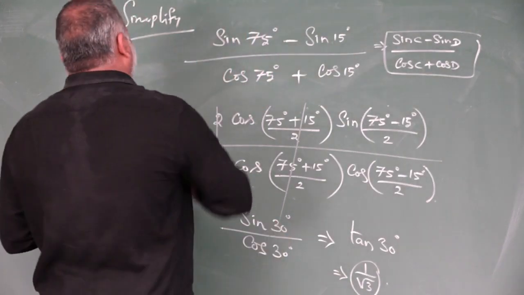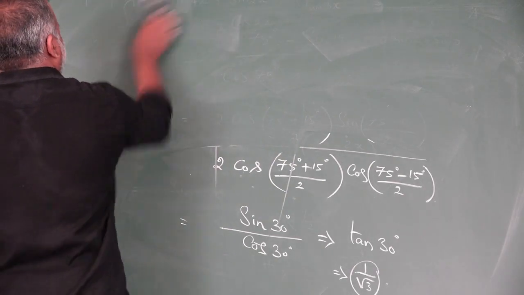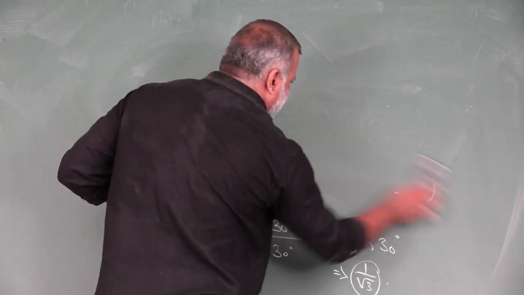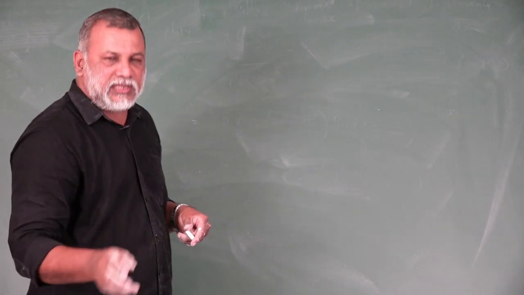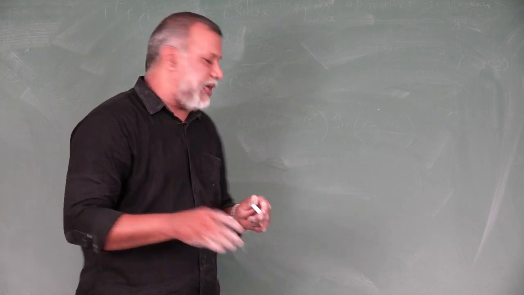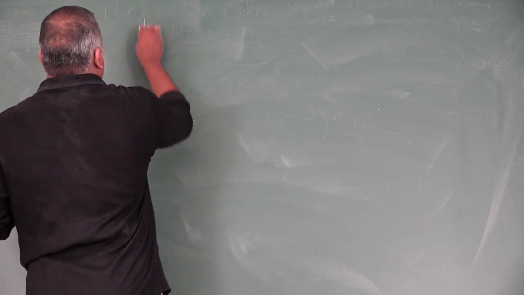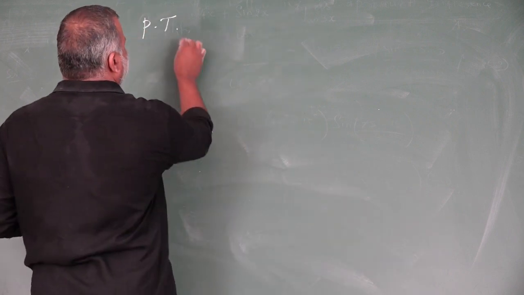In the same model we have one more question. In this exercise we are relating sin C plus sin D, cos C plus cos D, sin C minus sin D, cos C minus cos D, the same formulas only. Now, question number 3 in this model: prove that